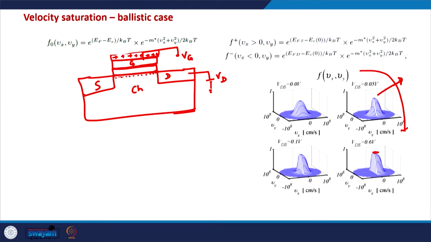So the number of positive velocity electrons is increased in the channel by reducing the barrier. So initially if the barrier in the MOSFET looks like this, the barrier is reduced slightly because